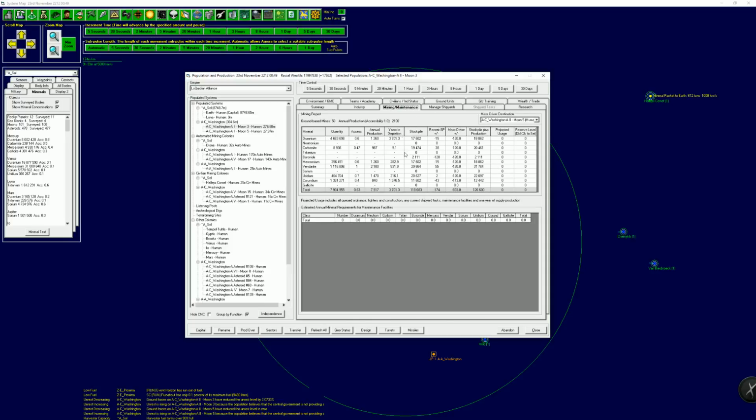Now, this is going to happen regardless because it's machines and robots handling it. It's like the minerals are put into huge silos and then they're connected directly up to the mass driver. The mass driver fires it off and boom, done, no problems at all. It does it on its own. However,